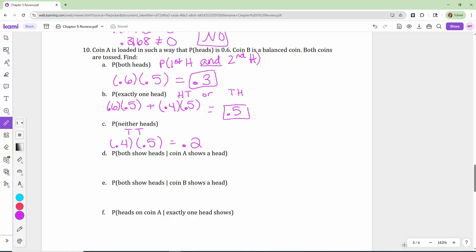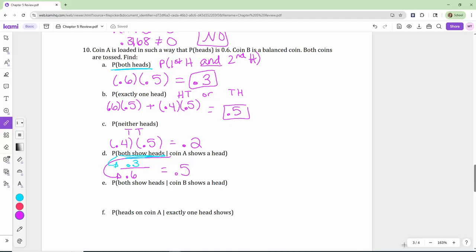Alright, D. Find the probability of both showing heads given coin A shows a heads. Alright, my given is my denominator. So what's the probability that coin A is heads? 0.6. Okay. The numerator is both showing heads. What's the probability both coins are heads? Right. We calculated up here, 0.3. Probability both heads is 0.3. Probability coin A is a head, 0.6. And we get